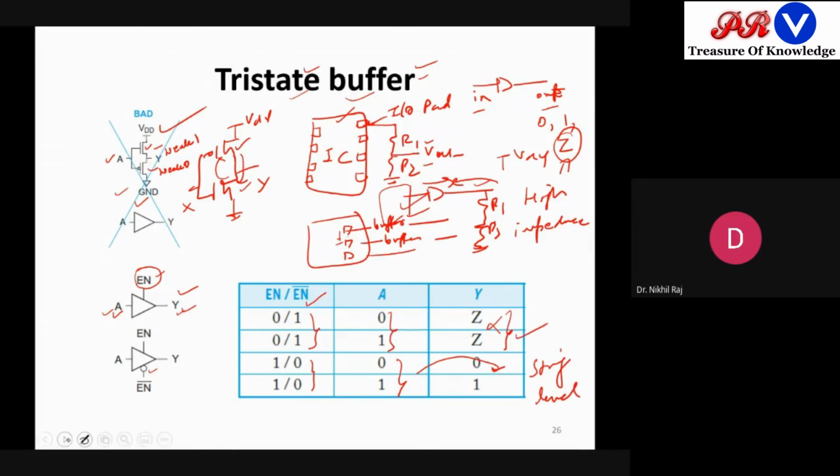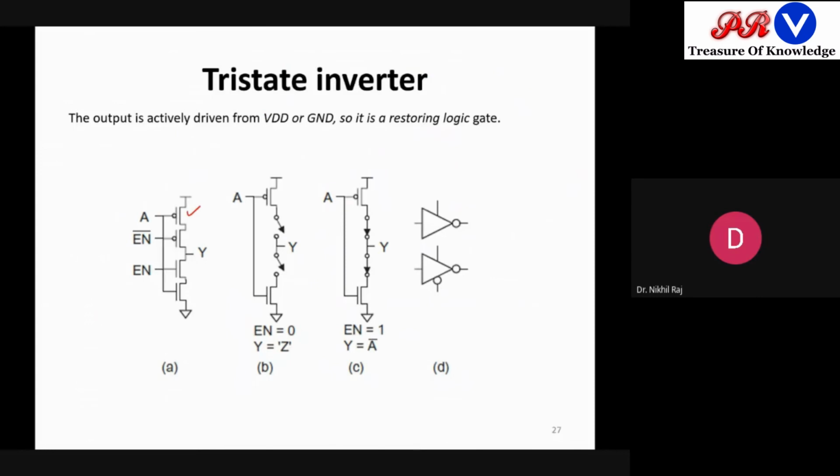So at the CMOS level, look at this architecture. This is an example of a tri-state inverter. If enable is 0, what happens? This is off and this is off. When these two are off, Y has no connection to the supply or to the ground. There is no path from supply or ground to the Y terminal. So what will Y take? It will neither take 0 nor 1, rather it will remain in the floating state. Whenever any wire is in the floating state, it can assume any voltage, any value. So we say it is in a high impedance state.